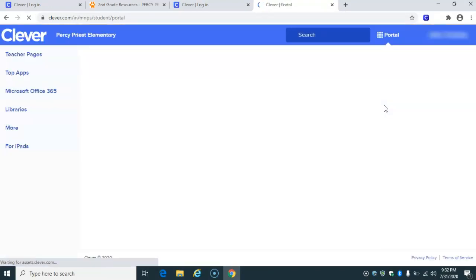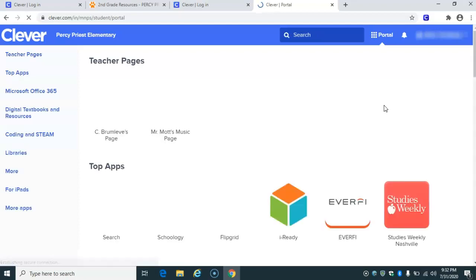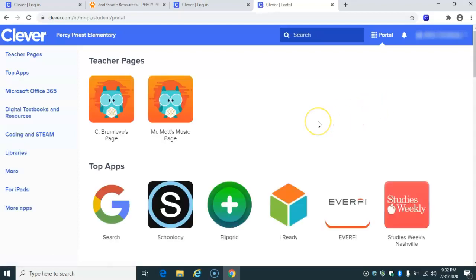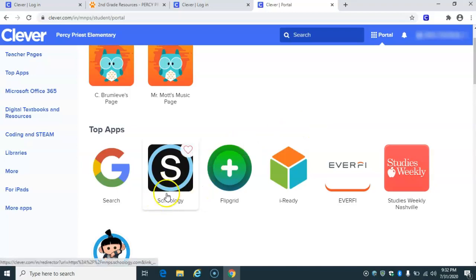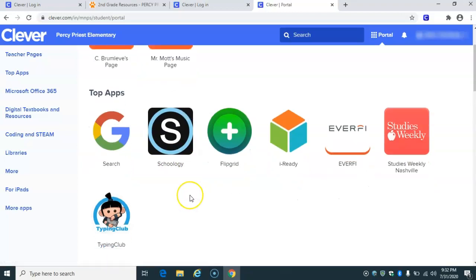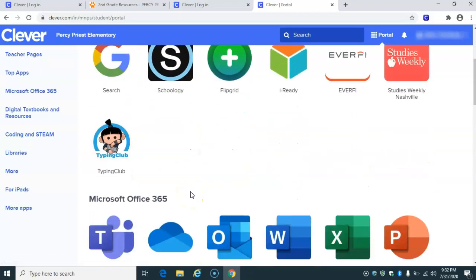Once I log in, it will take me to my Clever dashboard, and I'll see the different icons for the sites we'll be using here at school. So of course, you've been hearing lots about the Schoology site. We'll be using that one, and there will also be a couple other sites that will be used often throughout